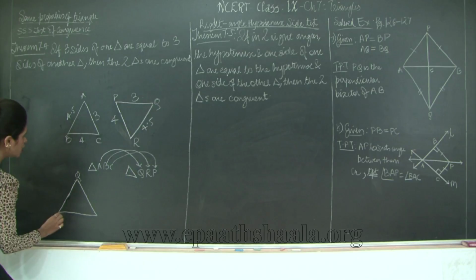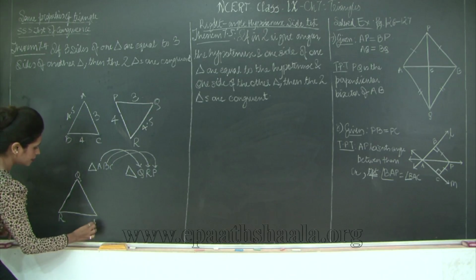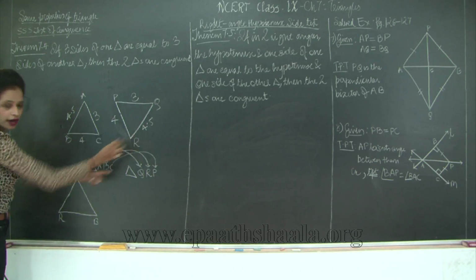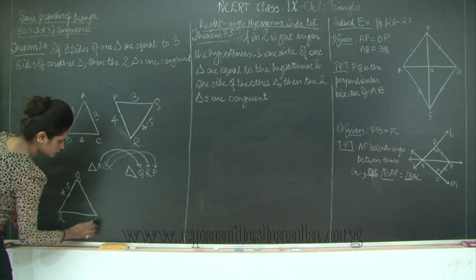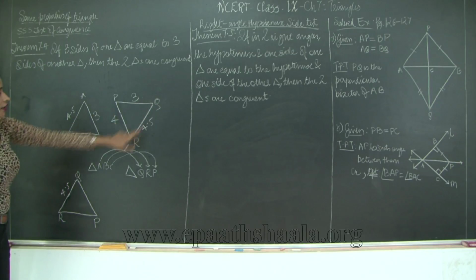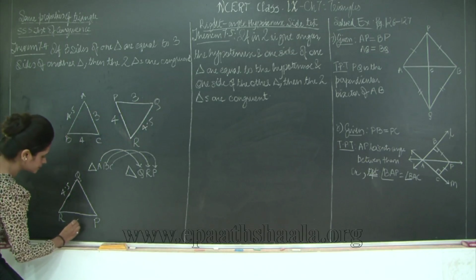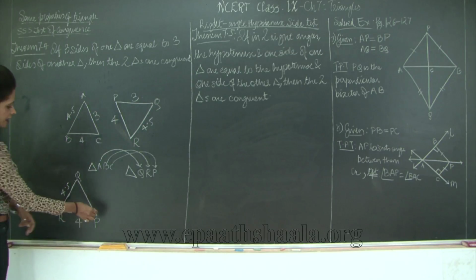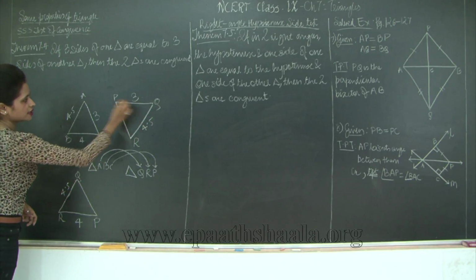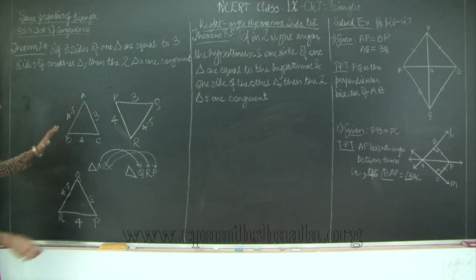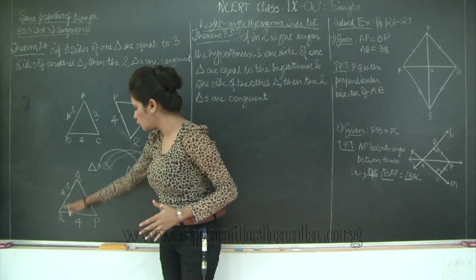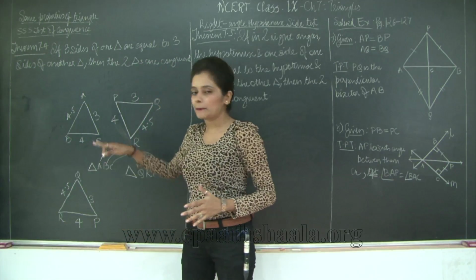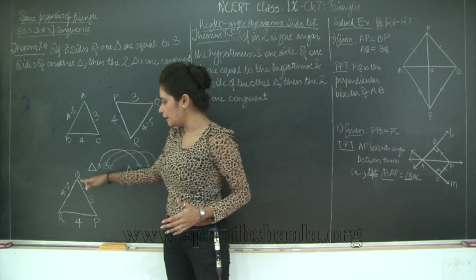Q, R and P. So if you notice, QR is 4.5, then RP is 4, and then finally PQ is 3. And when you place triangle ABC on top of triangle QRP, ABC will completely hide or overlap